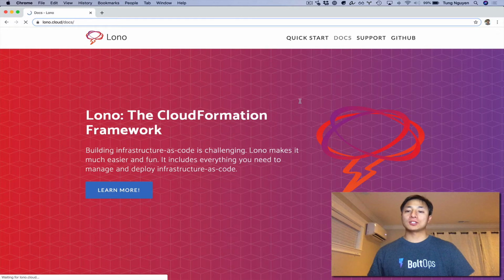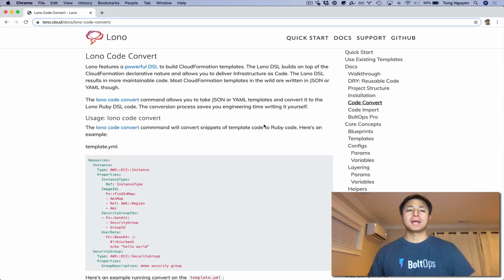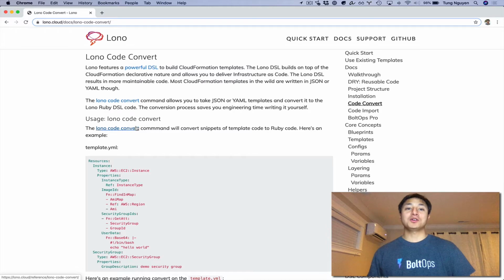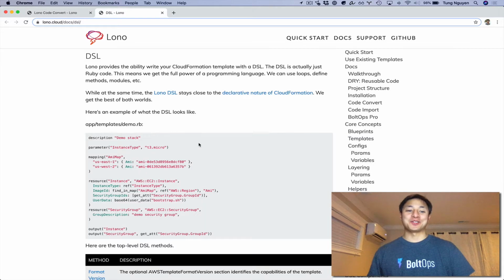To show you that, I just showed the docs right here. So there's a code convert command right here. And it says Lono features basically this DSL. Okay, and so I encourage you to write it in the DSL most of the time. But the issue is most templates out there in the wild are YML or JSON. Okay. So since Lono is using a DSL, that means we have to manually convert